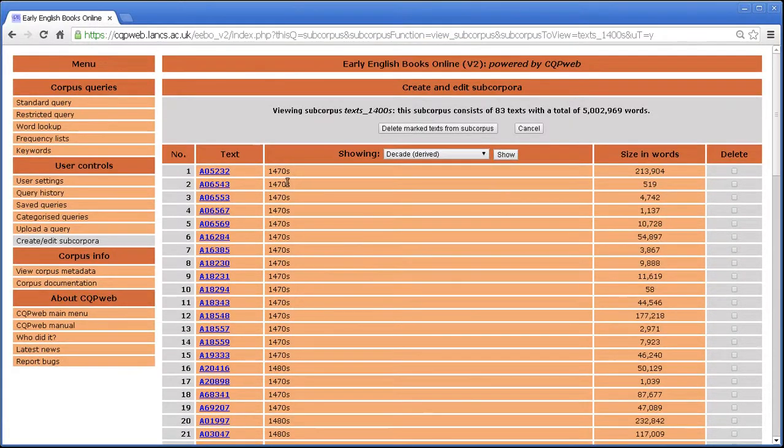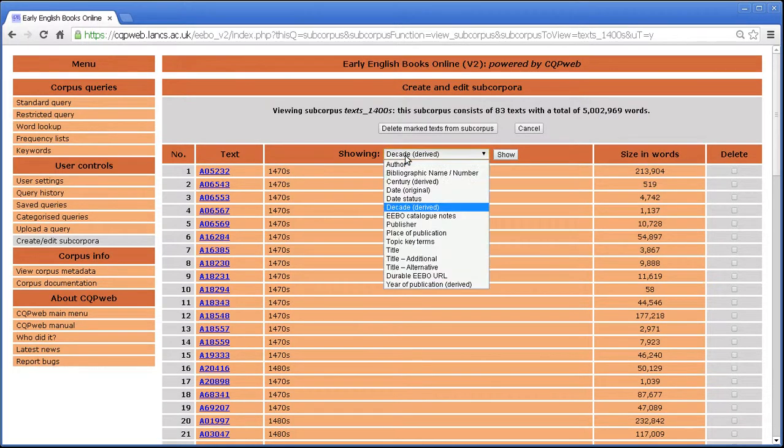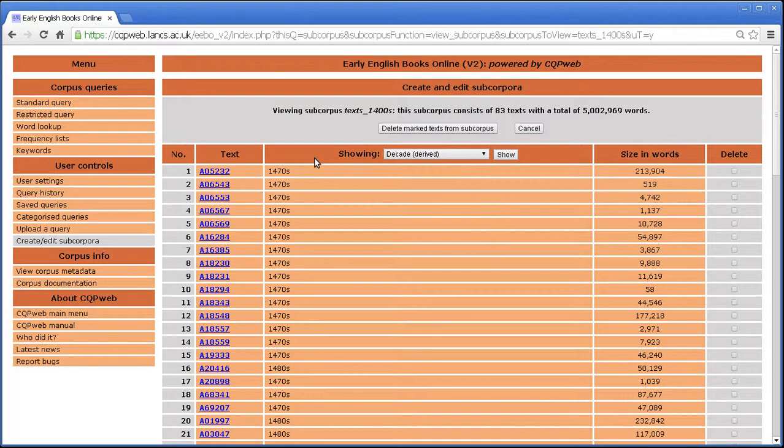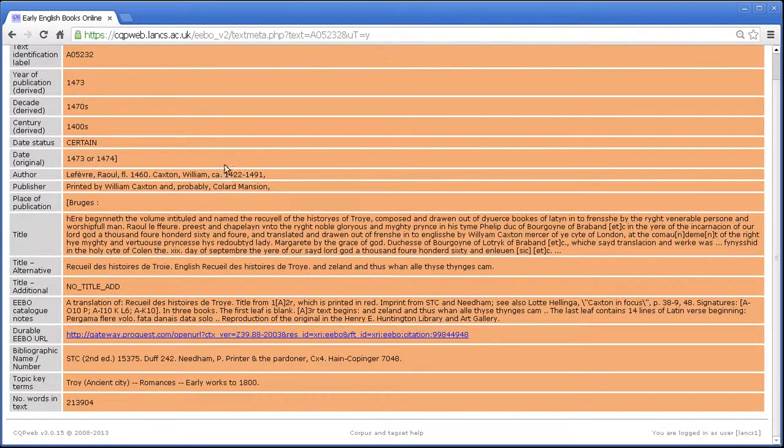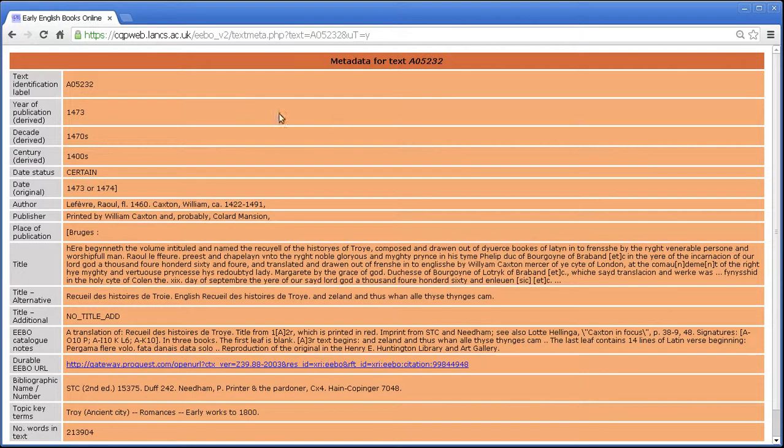You can see that we've got the feature here which shows the particular thing that we classified the text by in the first place. Then we have the size in words, which tells us how big each individual text is. And then we have the text ID codes, and we're going to come back to these, this is important. The text ID codes have links on them to the text metadata page. So if I click through on this randomly chosen text, A05232, you will see the various metadata that is stored in the database for this particular